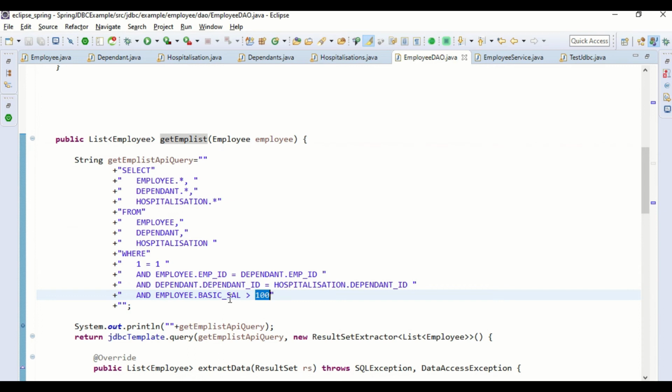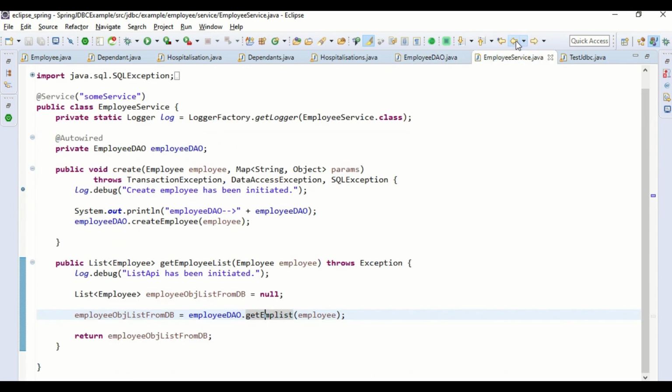As everything is static, no value of the incoming employee object is being used. But if required in the query, it could have been something like employee name like, and then we could have taken the employee name from here.